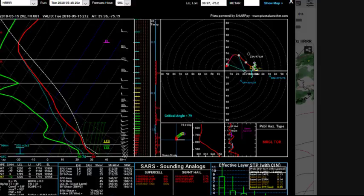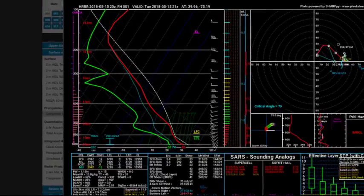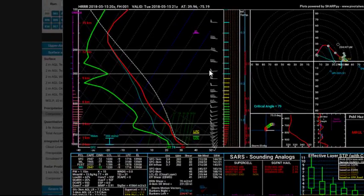Looks like we got a little bit of 0 through 1 kilometer shear. That right there is an indicator that things could be favoring a little bit of severe weather. The bulk shear, though, is a little bit low, and that's because of the modest 50-knot flow here in the upper levels